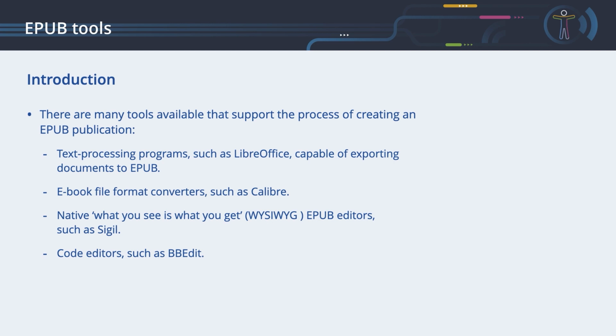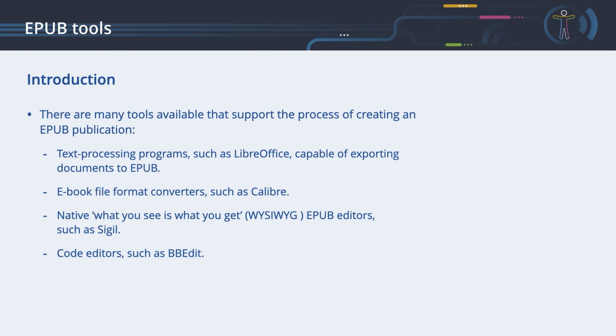However, the DAISY Consortium has developed a plugin for the Windows version of Word which adds an option to export to EPUB, but for the moment it offers no support for it. Exporting to EPUB from a text processing program offers a quick start to the creation of an ebook. Even though this is a quick and easy approach, please be aware that you might still need to fine-tune your EPUB to make it accessible.